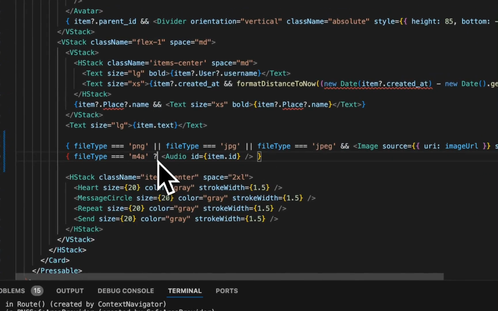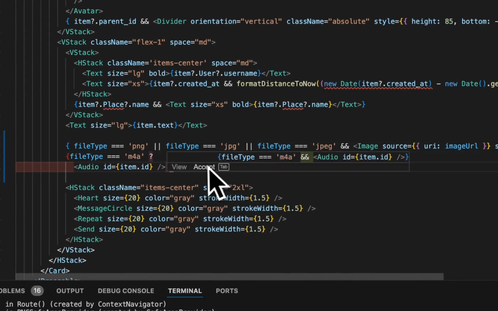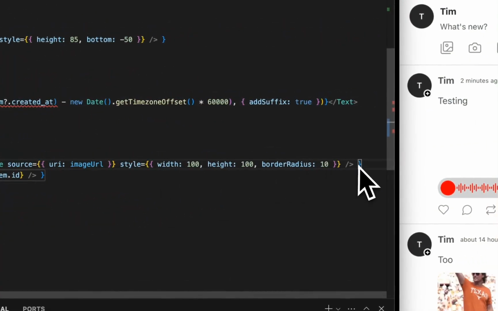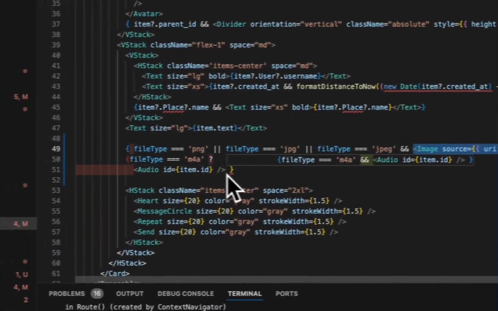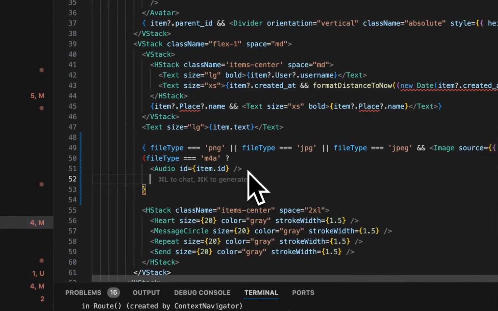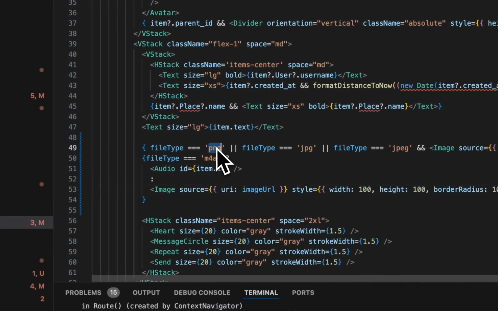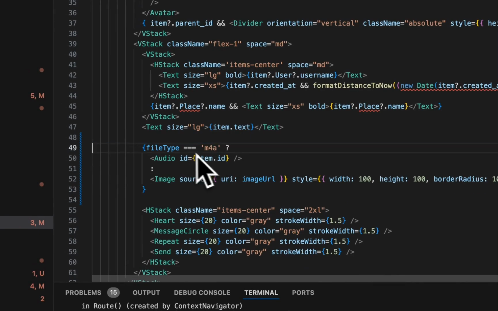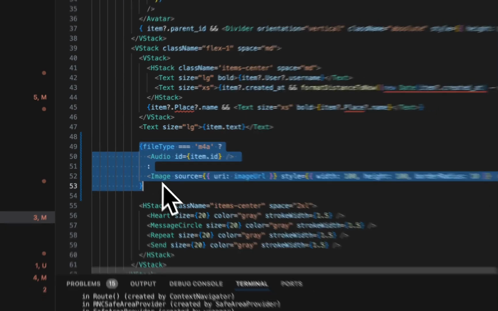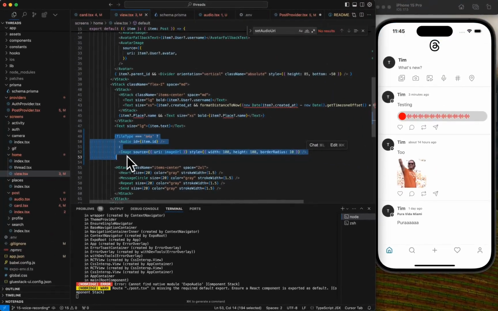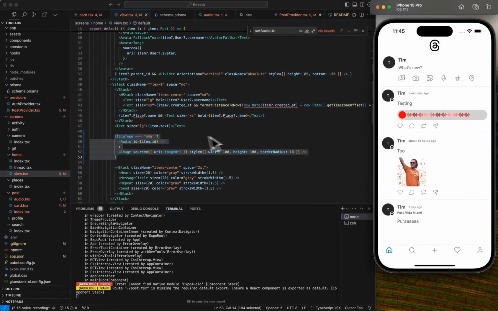So when you do this, otherwise, show this image. Better, but now